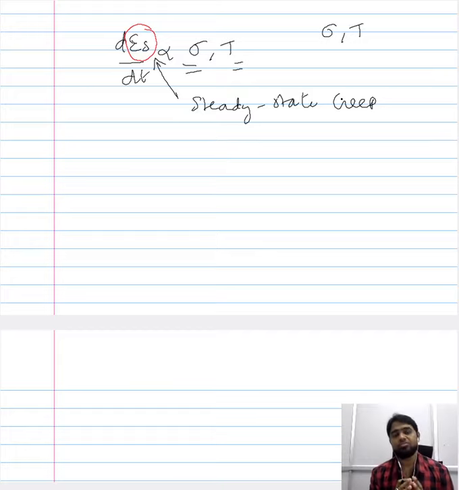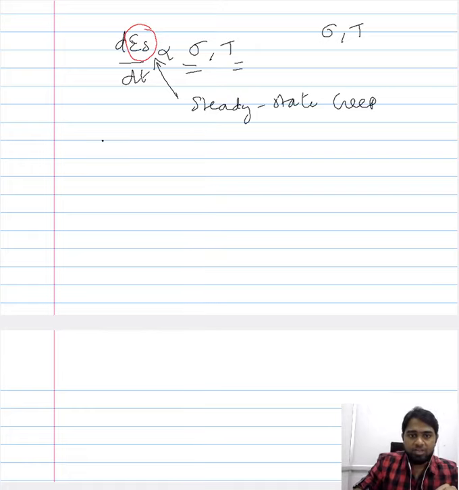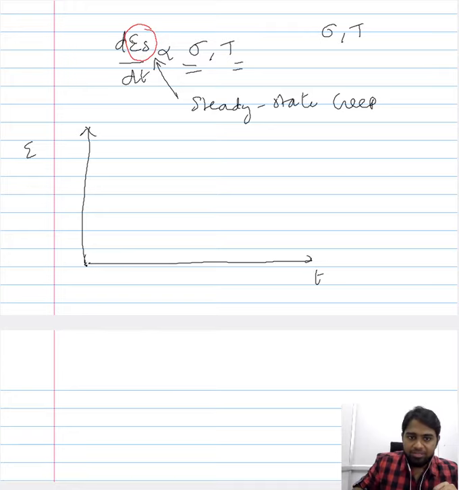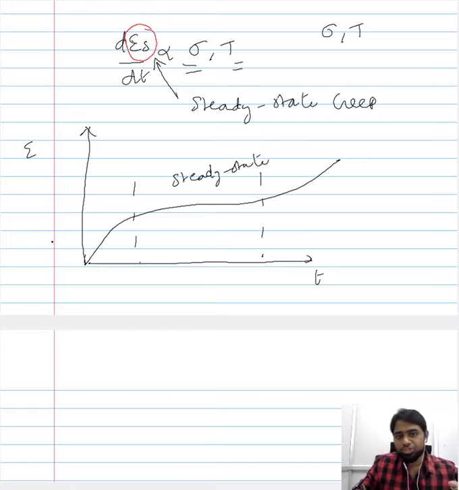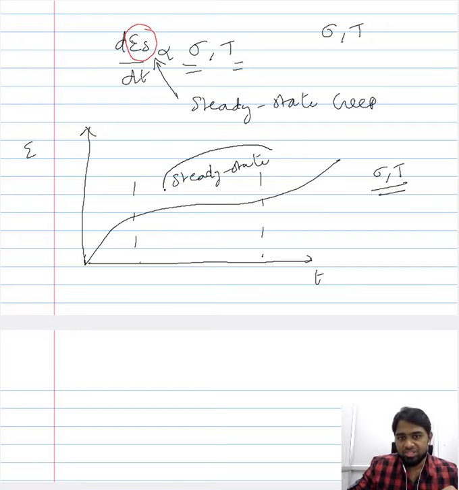The reason we exclusively focused on the steady state creep rate is that when you consider the strain versus time plot, a representative creep curve that looks something like this, the major portion of this creep belongs to the steady state condition. So the major portion of a representative creep curve, for a combination of average stress and average temperature, belongs to the steady state condition.